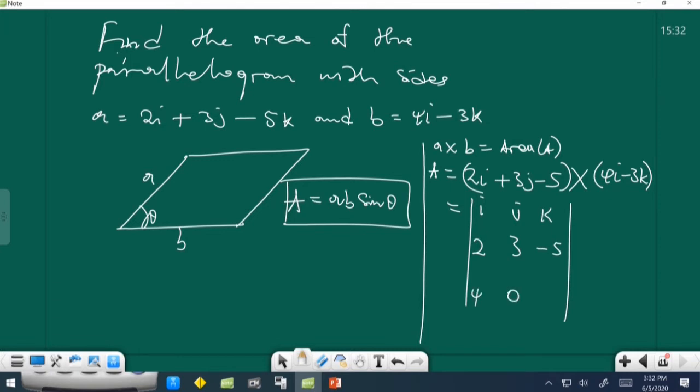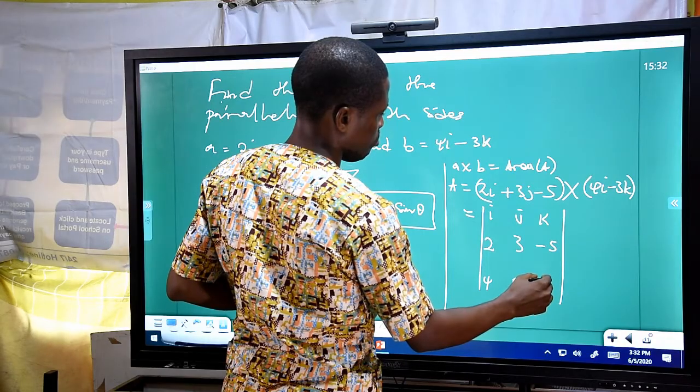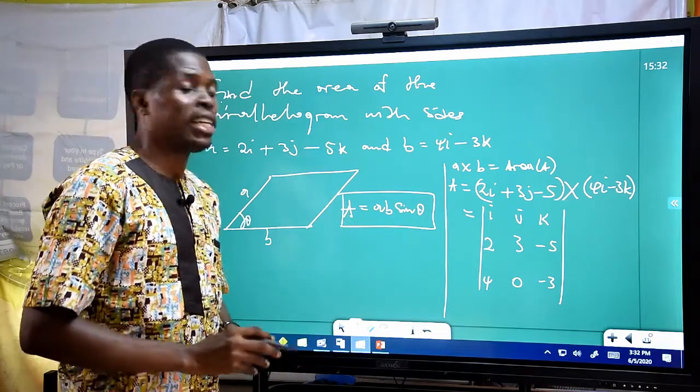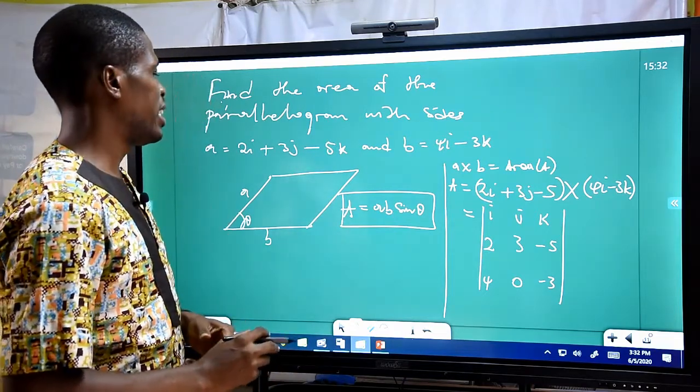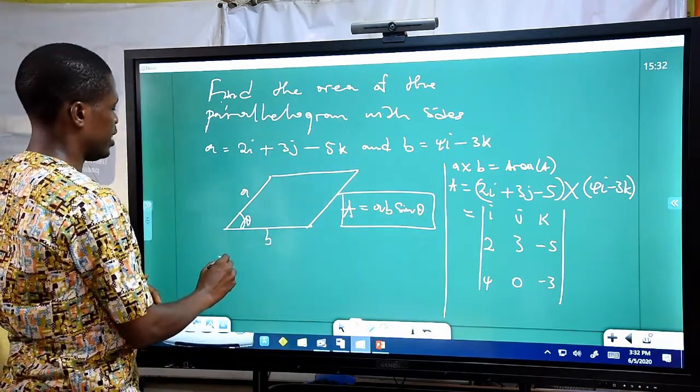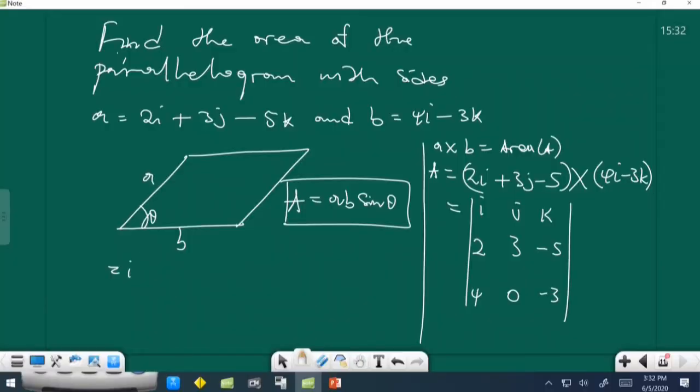3K here will be 0, and here is minus 3. So when we simplify that and we find the modulus, the absolute value, we'll get the answer to that. So if we want to do that, we can solve by saying that is equal to I modulus 3, 0, minus 5, minus 3, and J minus J modulus 2, 4, minus 5, minus 3, and plus K, and 2,